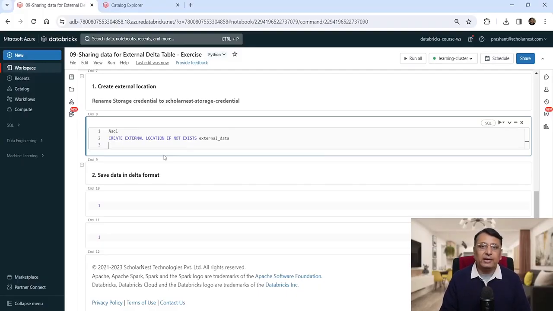But for creating an external location, you have to supply two more things. What is the URL for your external location? And what is the storage credential you want to use for that external location? So let's give the URL, and the URL should go in single quotes or double quotes as a string. But what is the URL? The URL should be created in the format of